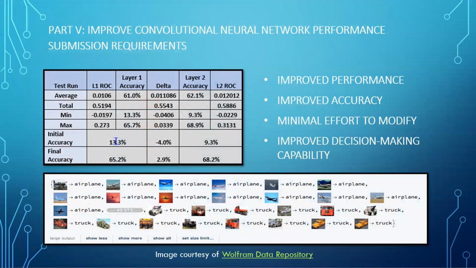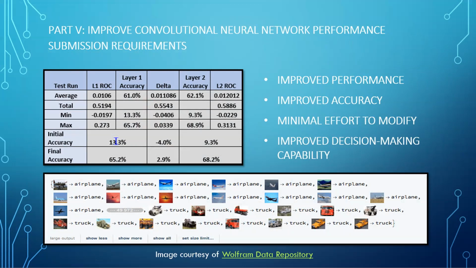The next slide shows the table of final results for the modified 2-layer CNN model required for the project. By adding an additional convolutional layer, pooling layer, and fully connected layer, we were able to improve our score by an additional 3%, despite the initial accuracy being lower in the 2D model versus the 1D model. Overall, we do show an improved performance and accuracy of the model just by adding an additional layer, which required relatively minimal effort. This effort, however small, does provide improved decision-making capability and will provide the foundation for other experiments in the near to distant future.